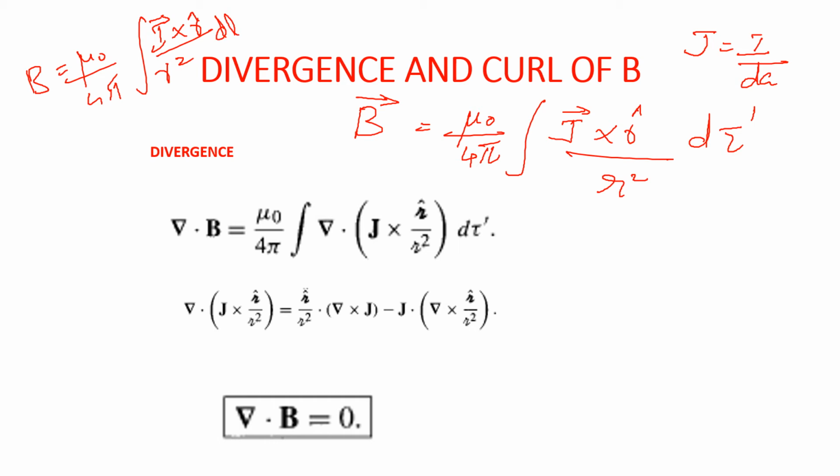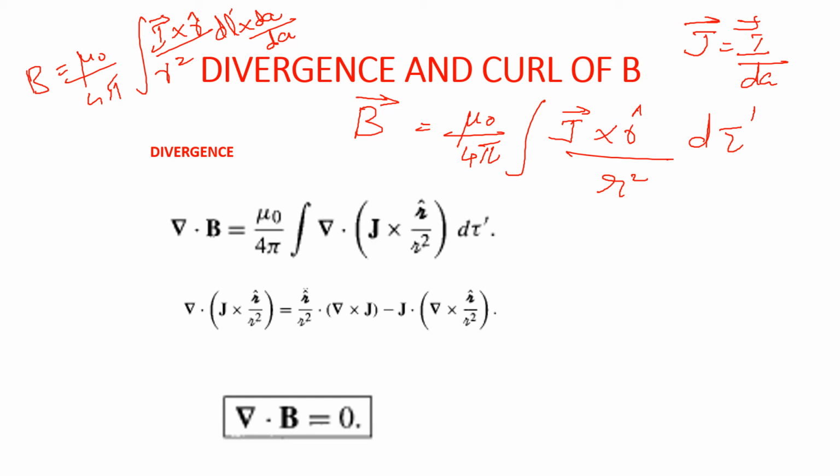What we can do is multiply this with dA and divide this with dA. So what is I over dA? I over dA is the J, the current density. And what is dl times dA? It is d tau, the volume element. Let us see, it's dl dash, so dl dash times dA is equal to d tau dash. That's a volume element. So the Biot-Savart law written for the entire volume element is this expression.